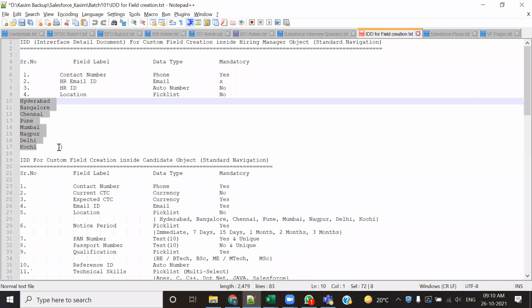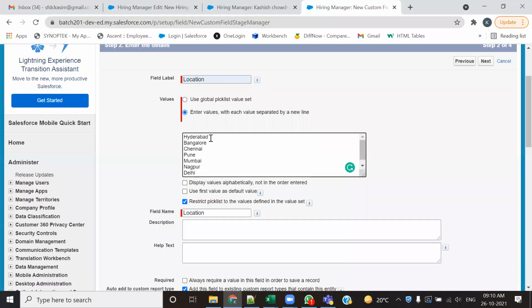अब मैंने पहले से डॉक्यूमेंट तैयार कर रखा है वैसा। तो मैं तो after entering हैदराबाद आपको एंटर प्रेस करना है और नई लाइन पे बैंगलोर, तो उसके न्यू लाइन पे चेन्नई, इस तरह से एंटर करना है, ठीक है। Do you want this to display alphabetically, इसको आप अल्फाबेटिकली सॉर्ट आउट करना चाहते हैं, यस कर देते हैं। Do you want to display the first value as a default, ये नहीं करते, तो ये कहीं और करेंगे। तो पहले ये हैदराबाद हमेशा दिखना चाहिए क्या, नहीं, ऐसा कुछ नहीं। जो हम पहले none दिखना चाहिए, उसके बाद में लिस्ट आनी चाहिए, ठीक है।